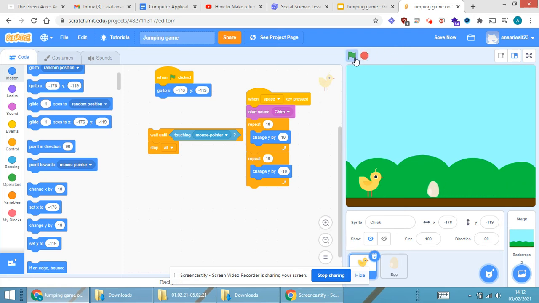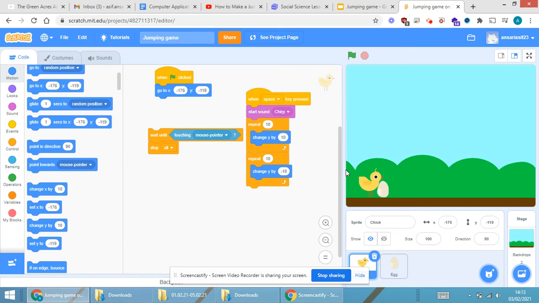Now I will be playing the game. Perfect. Okay, it's stopped. One more time, I'll be jumping and I'll be stopping in between. Now you are able to see it has stopped in between. What will happen if I restart the game? If I restart the game, the bird will be exactly at the landing part. So the problem is solved.